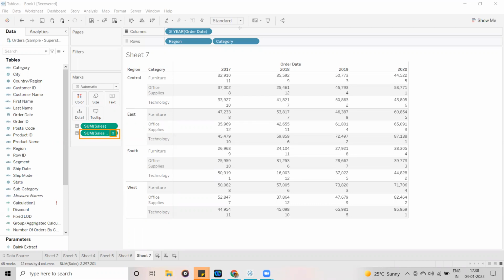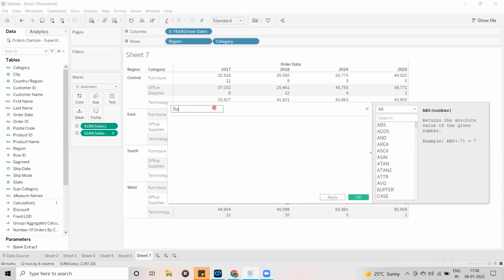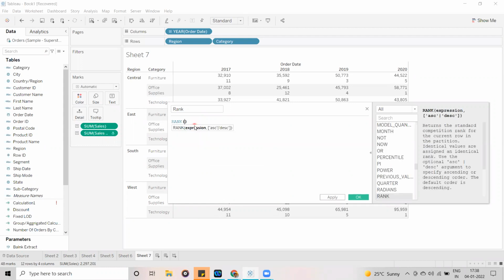Now I am going to see the background calculation for it. If you are good, you can write the calculation yourself. Just see, we have a rank function. If you go to rank, here it asks for expression, ascending, descending.